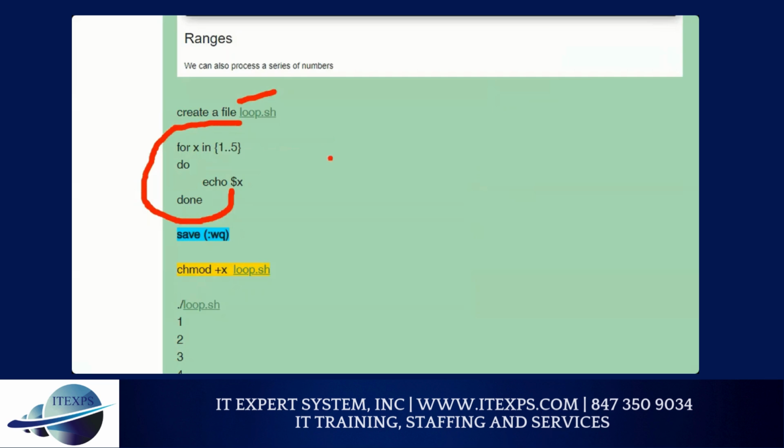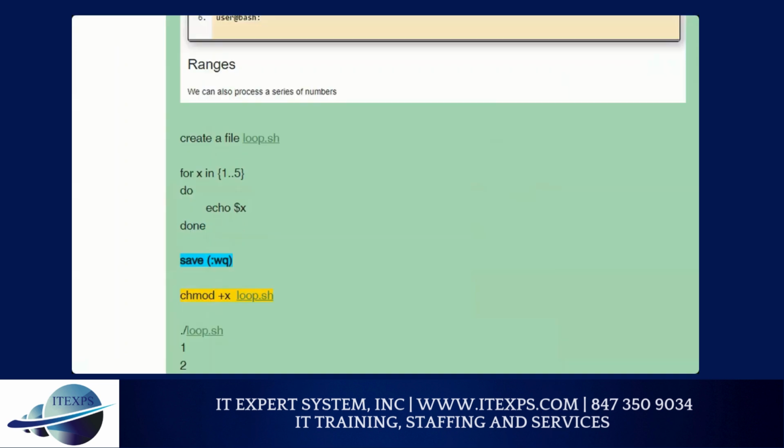So what is the for loop? If you ask me, for loop is my favorite. I normally use for loop. So it's a for x. It's nothing but a variable. I'm saying for is a loop, lowercase for. I can use any variable: x, i, or 3. So for x, i, a, b, g, j, whatever variable. Then you say in. Doesn't matter what variable you use. In, and then you have a nice curly bracket,